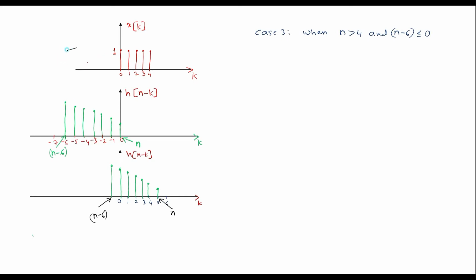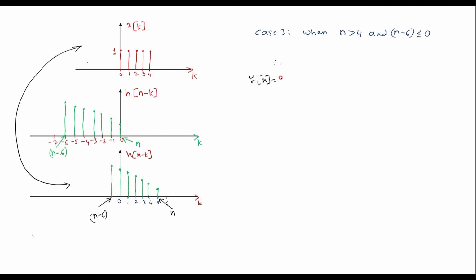now if you perform the convolution between this h of n minus k and x of k signal, here x of k signal exists only for k equal to 0 to 4. Only these samples will overlap with h of n minus k signal. It means that when we perform the convolution between these two, the samples which lie between 0 to 4 will overlap with h of n minus k. Therefore, I can write y of n equation as